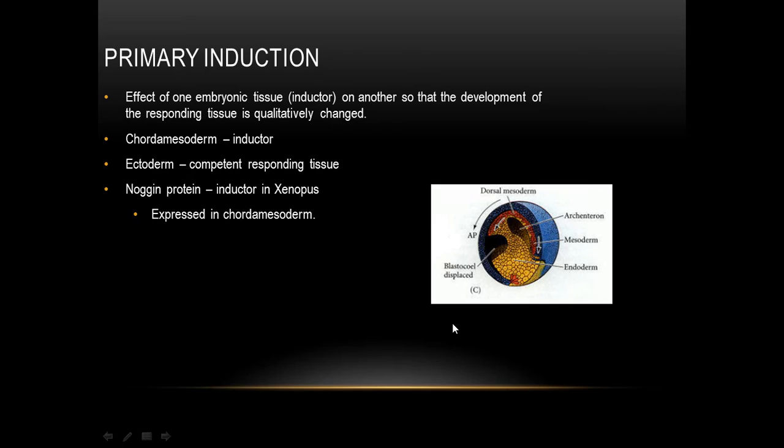And one of the early successes in the discovery of the identity of the inductive signal provided us insights that noggin, a protein produced by the notochord, coded by the noggin gene in chorda mesodermal cells, is actually serving as the inductive signal. But to be more exact, this has been shown